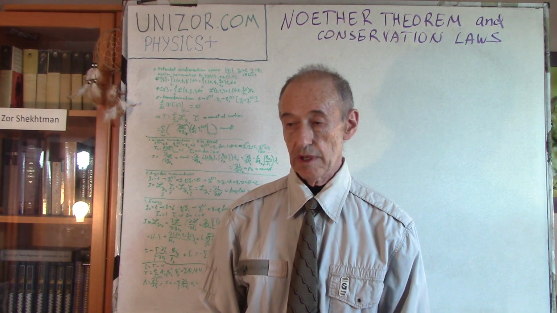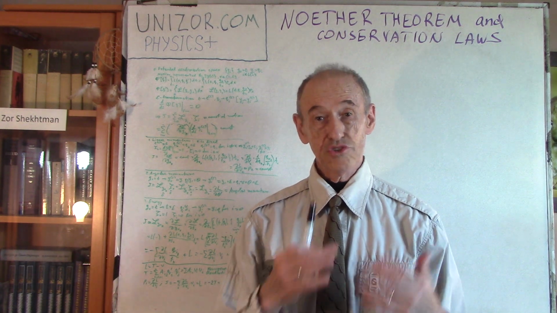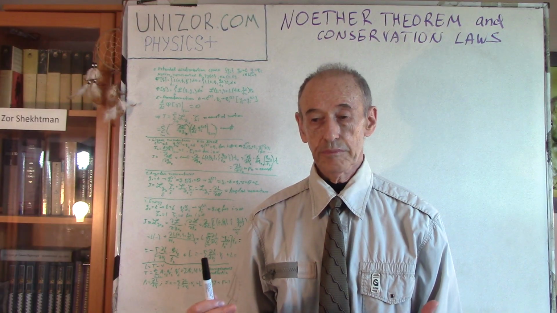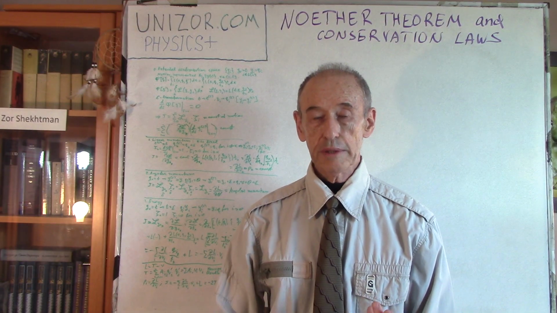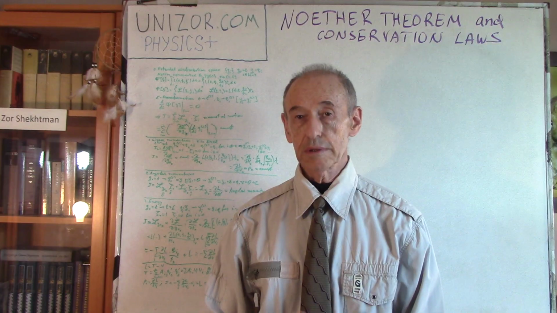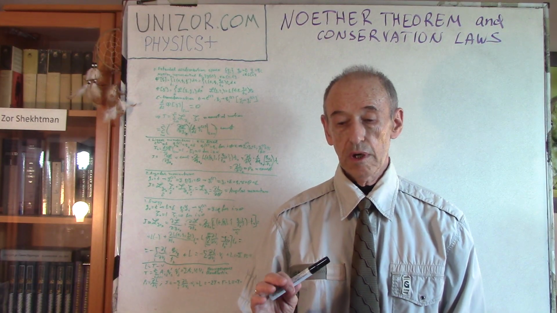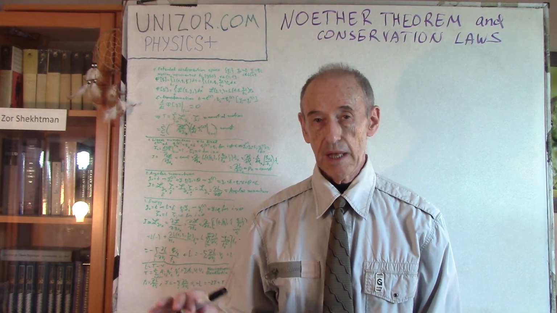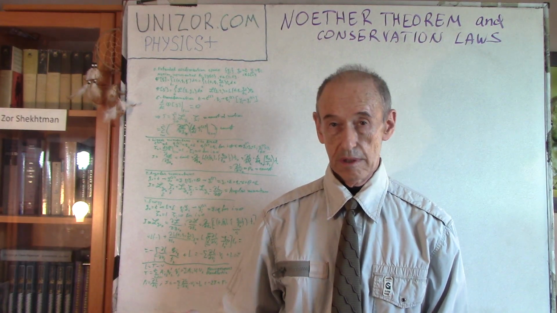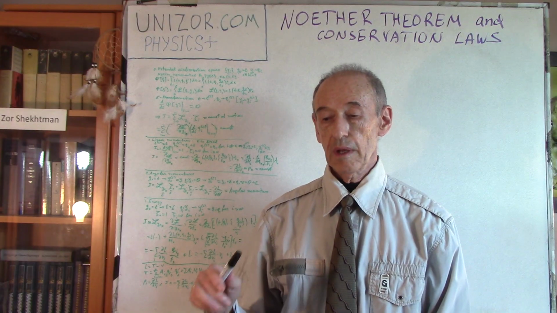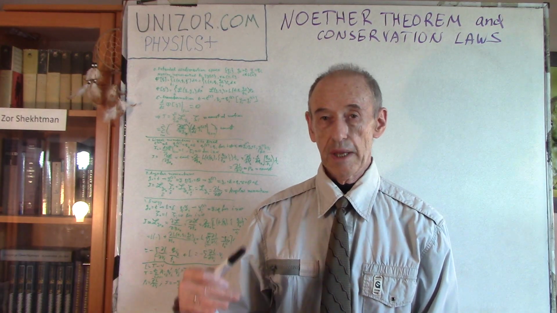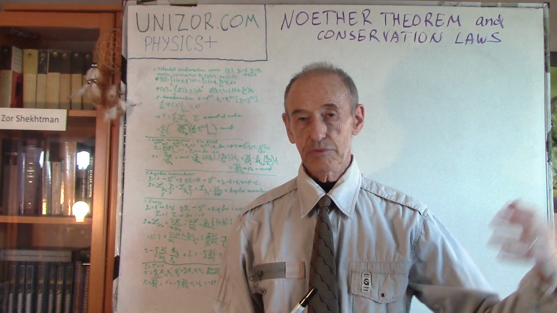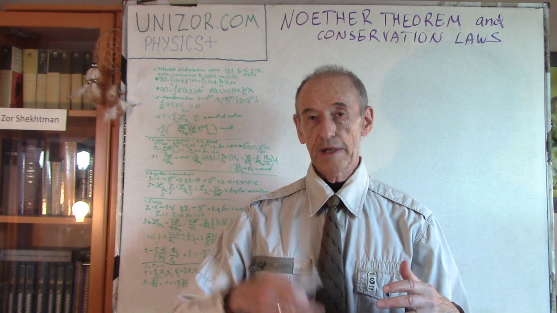Now, this lecture is about application of the general approach to three different conservation laws: momentum, angular momentum, and energy, which are actually considered as separate cases in some other lectures in this particular course, which follow this one. But I think it's very important to start from something very general and then apply it to particular